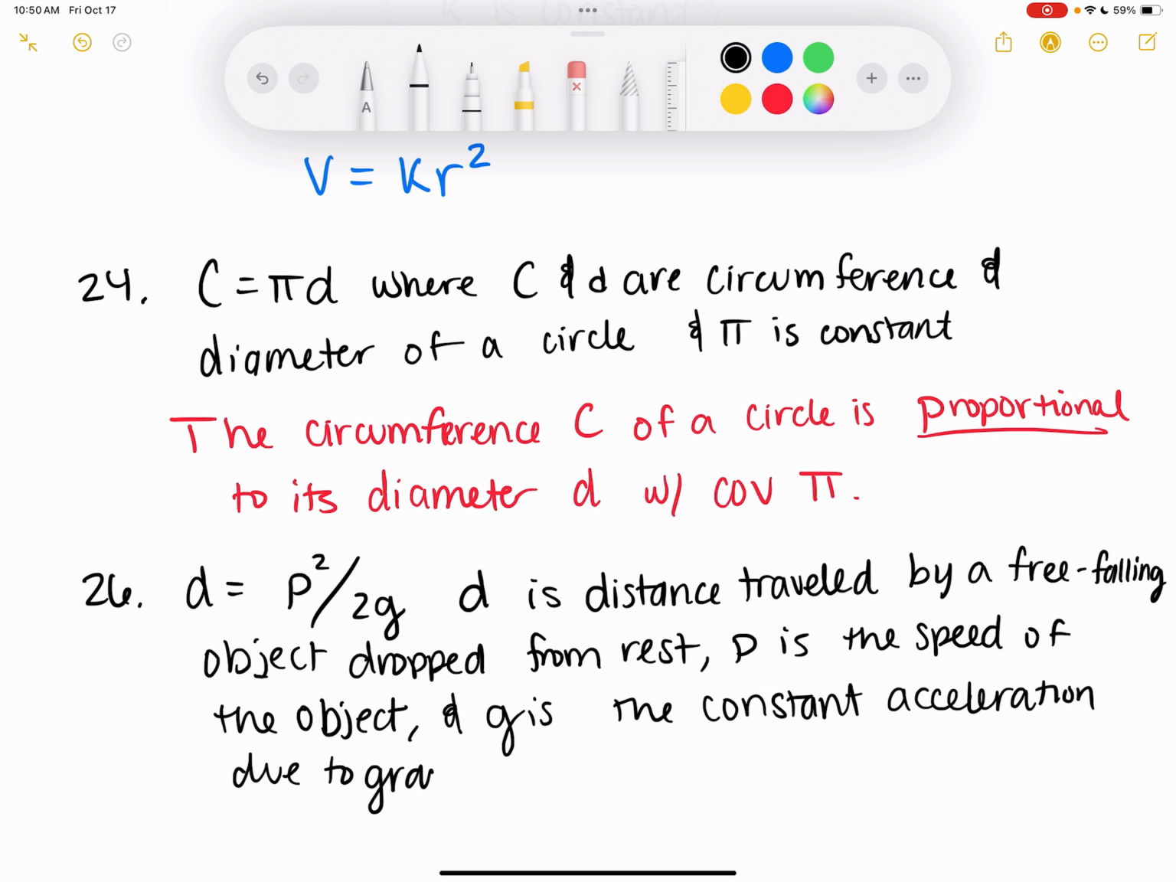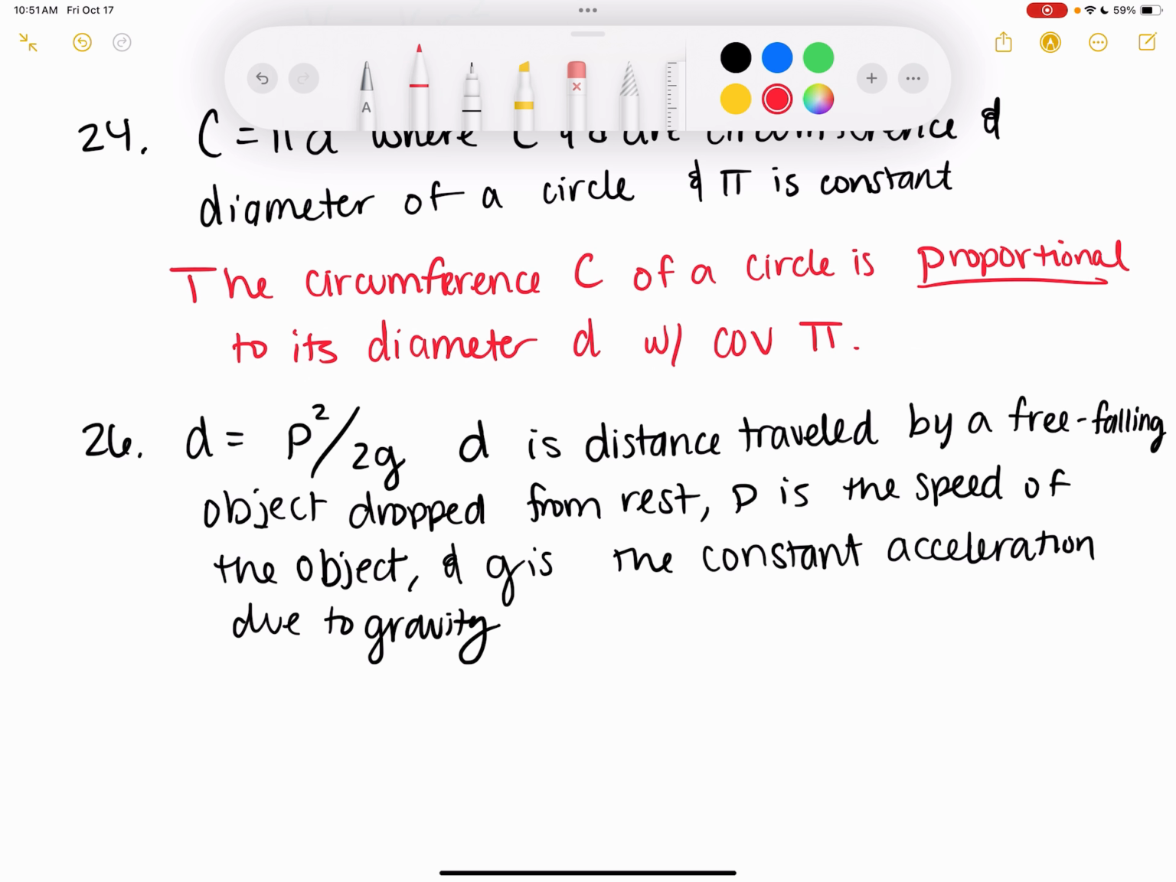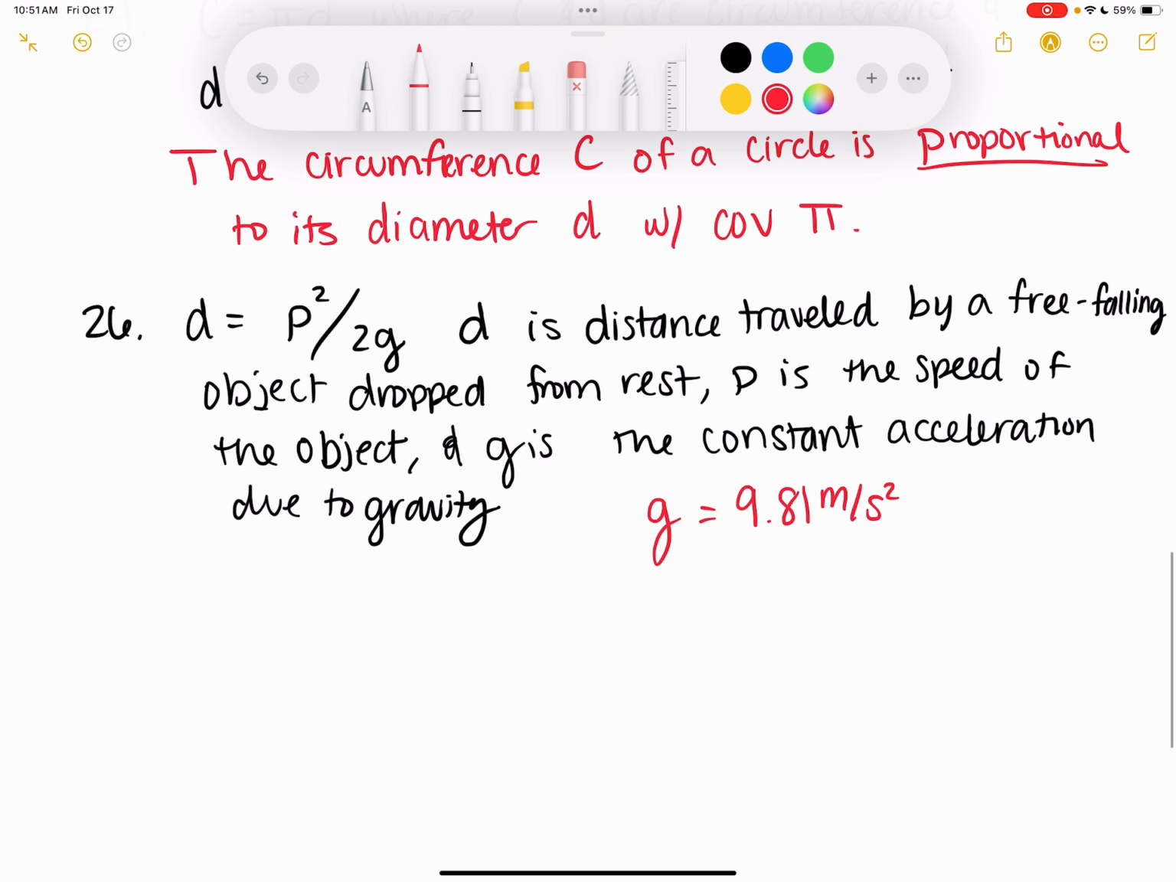Now, just a fun fact for you in the event that you end up taking physics next year, g is equal to 9.81 meters per second squared. Not overly relevant to this particular problem, but just so that you know. So the answer to this one in terms of using the language of variation or proportion would be the distance D